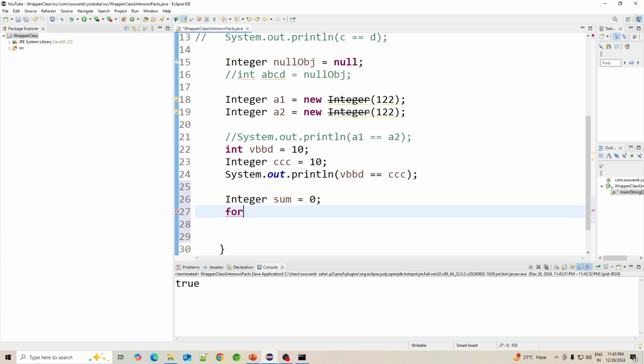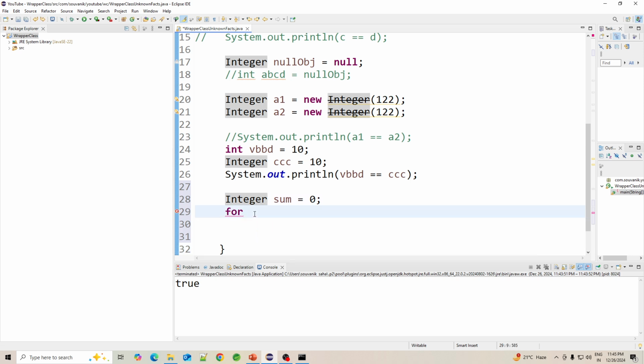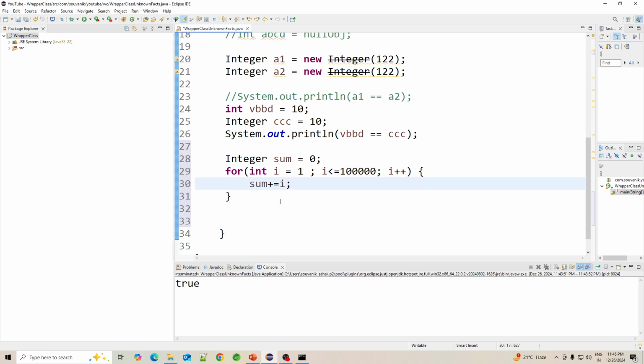and you have one very big loop. And what you are doing is something like this: sum += i. This is not at all good.